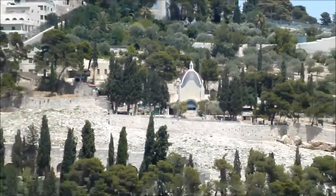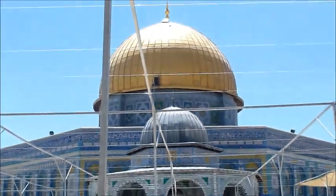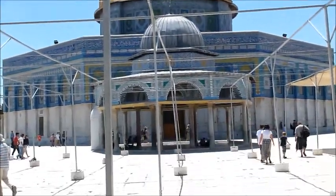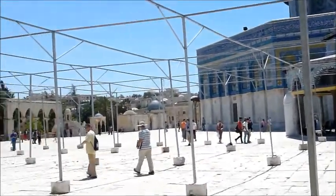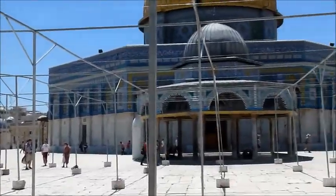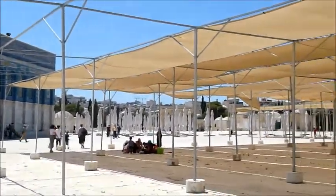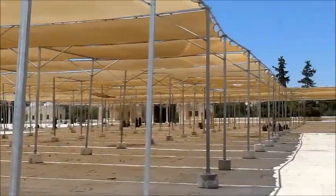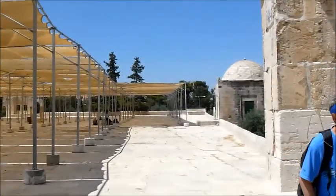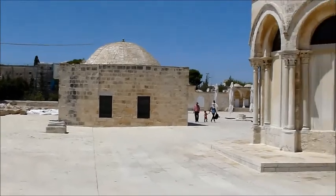And so, to give you an idea, as I come around this way, you can see here the Temple Mount area. Jesus would have seen this from the Mount of Olives, and the Temple Mount, which is a mosque now, would have been a part of the temple, but he would have seen all of that in front of him. Okay, so currently I'm facing north, and as I come around,